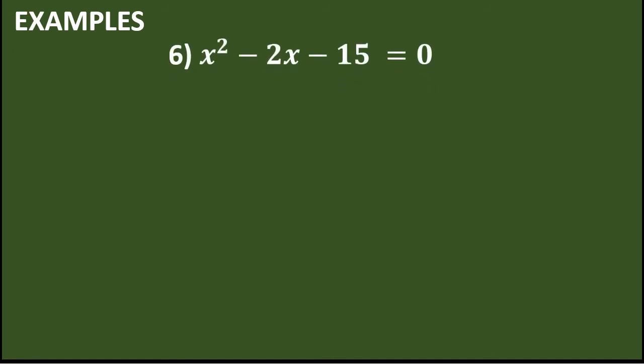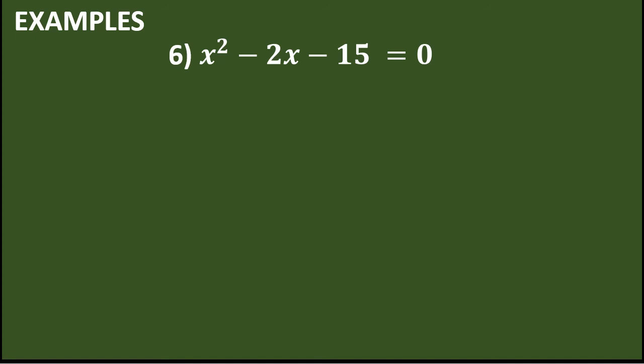Let us now have example number 6. We have x squared minus 2x minus 15 equals 0. In this case, it is still an example of a perfect square trinomial. But in this case, we don't have similar factors. So let us check. We have x squared, the factors of x squared, x and x. What about negative 15? All you have to do is get the factors of negative 15, and if you add those two factors, the result is negative 2. So it will become